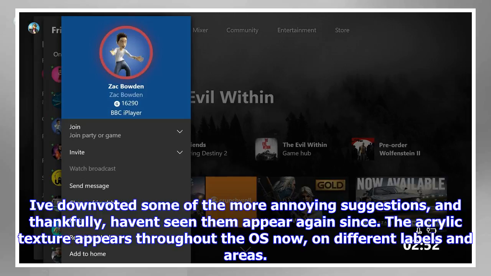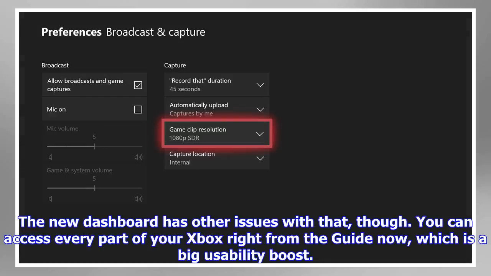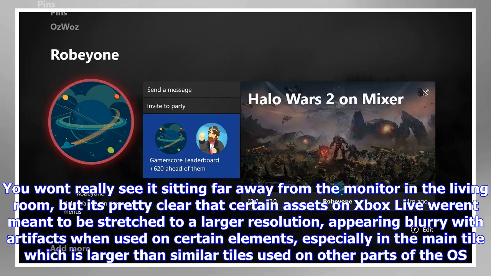The acrylic texture appears throughout the OS now, on different labels and areas. It has a grainy quality that not everybody likes, as it appears a little pixelated. The new dashboard has other issues with that though. You can access every part of your Xbox right from the guide now, which is a big usability boost. You won't really see it sitting far away from the monitor in the living room, but it's pretty clear that